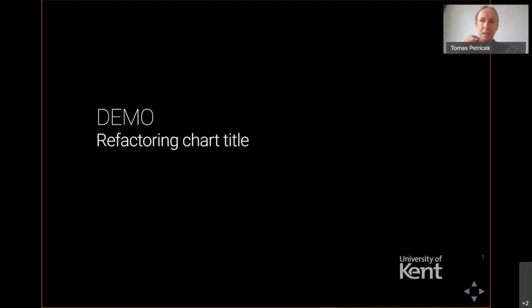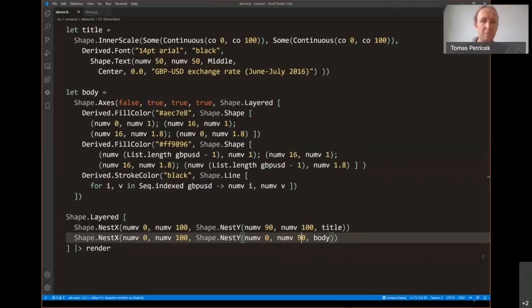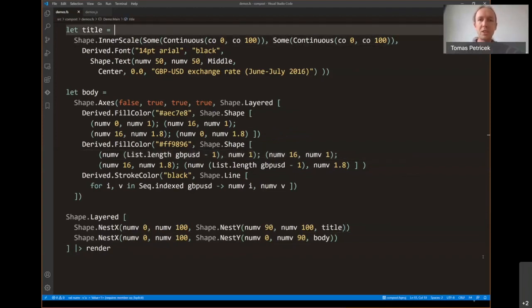So for the first design pattern, I'm going to do one more change to my example here because I've constructed this chart with a title, but adding a title to something is obviously a useful operation that I might want to do more often. So what I can do is I can turn this title